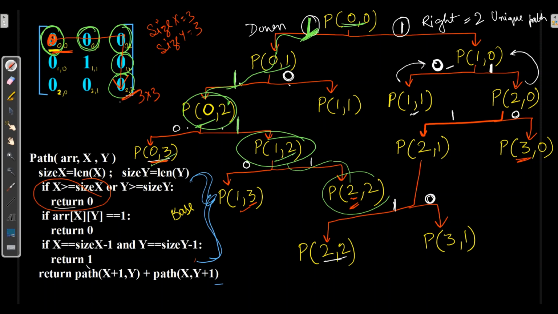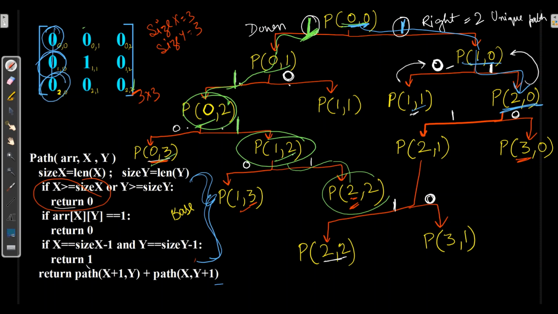Now let's look for the second path. First 0, 0 to 1, 0. So after 0, 0 there is a 1, 0. Then out of 1, 1 and 2, 0, there is a path for 2, 0. So here it is going from 0, 0 to 2, 0 straight.